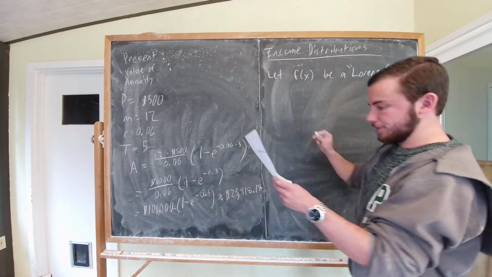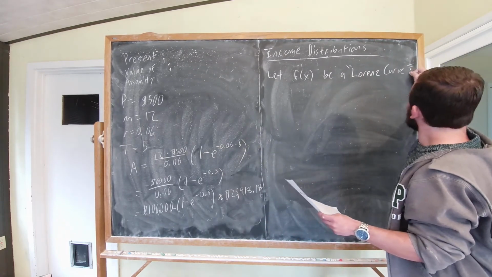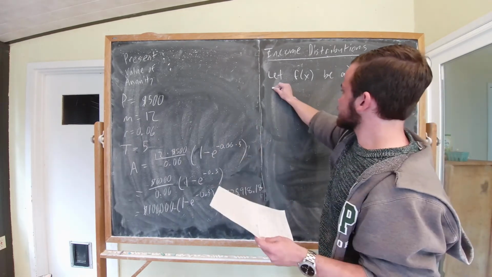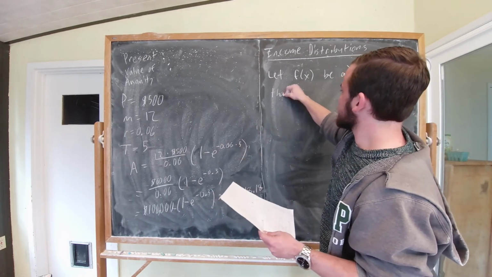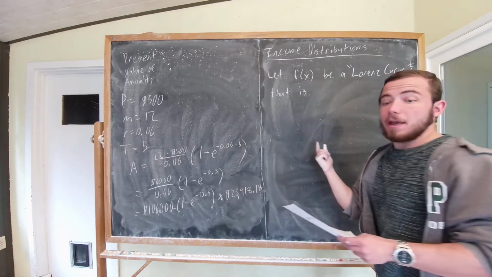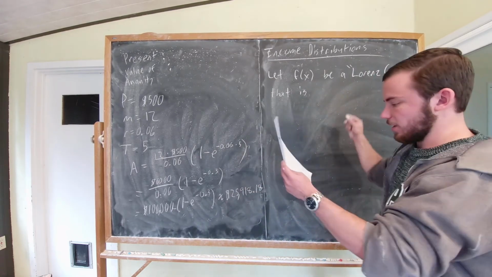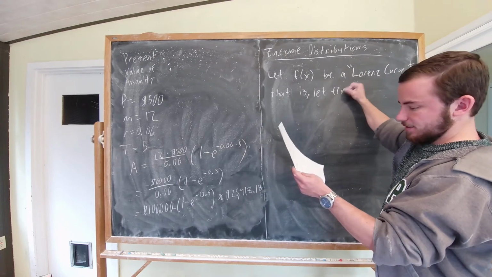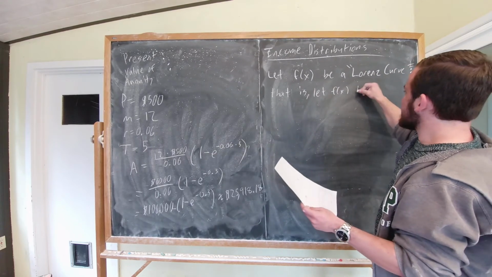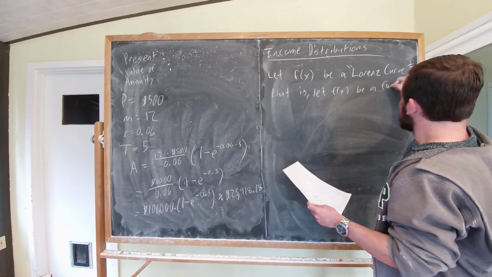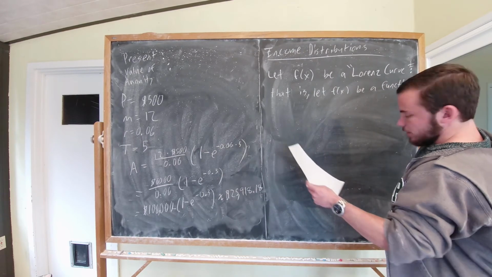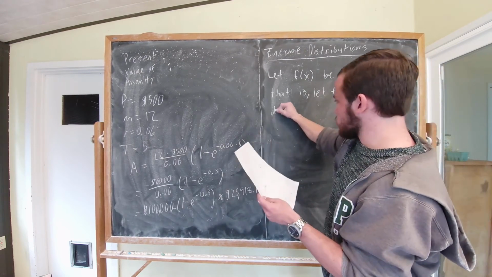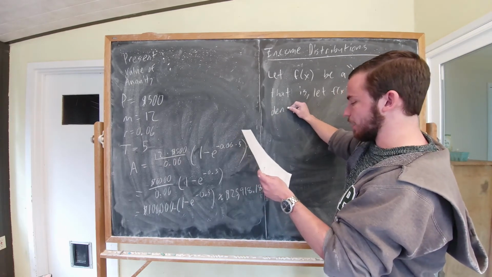Well, a Lorenz curve is a curve that measures how income is distributed. So that is, let f of x be a function denoting the proportion of total income of the population